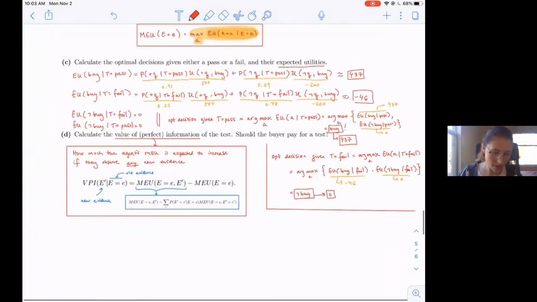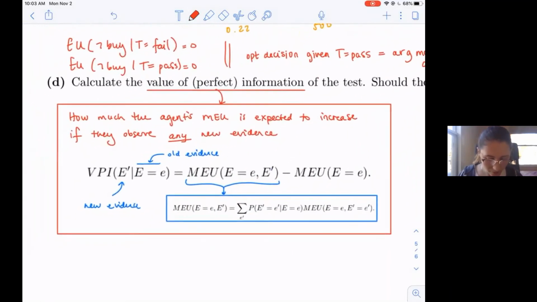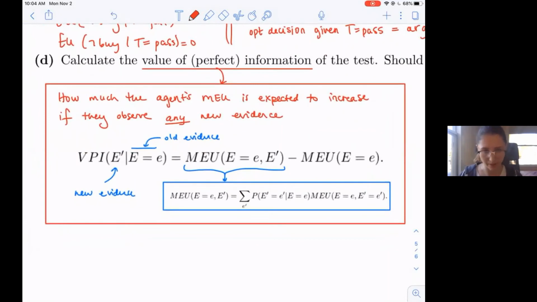All right. The very last question asks us about the value of perfect information of the test. Should the buyer pay for a test? So let's remind ourselves of what is the value of perfect information. Intuitively, the value of perfect information is how much the agent's maximum expected utility is expected to increase if they observe any new evidence. So mathematically, what that means is